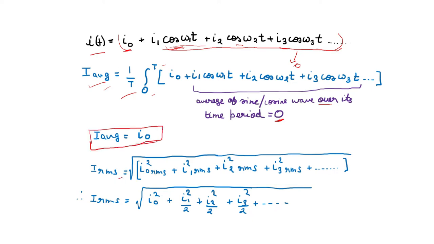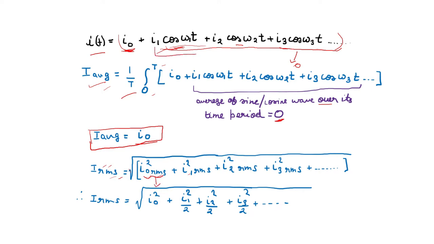Now, what is the RMS value of the current? Means root mean square. The root mean square or RMS value of a quantity having mixed terms is equal to the square root of the sum of squares of all the RMS values. So Irms is equal to the square root of I naught RMS squared plus I1 RMS squared plus I2 RMS squared, and so on. Now since I naught is DC, its average value and its RMS value are all I naught. Therefore, in place of this, we can write I naught.